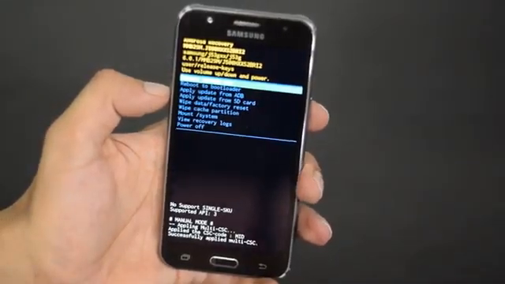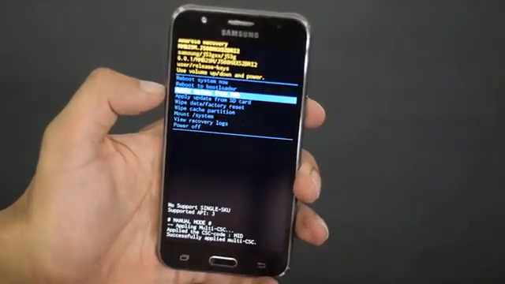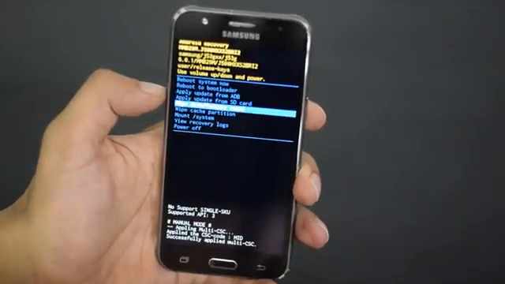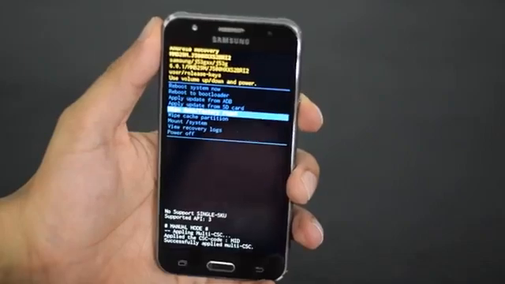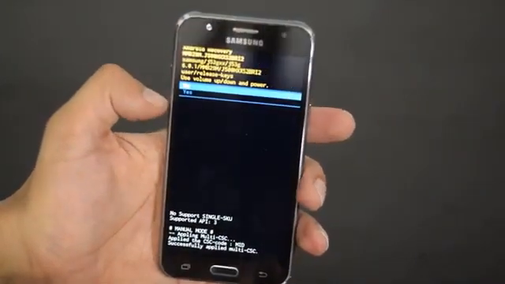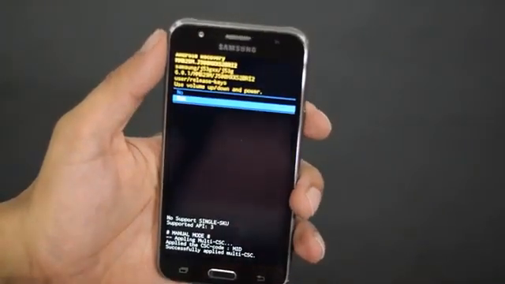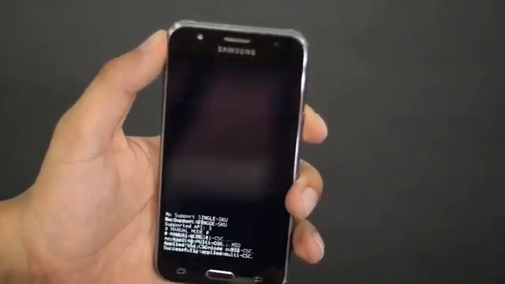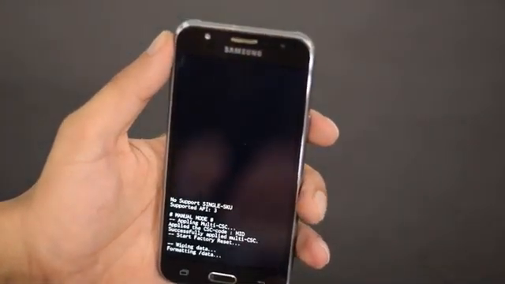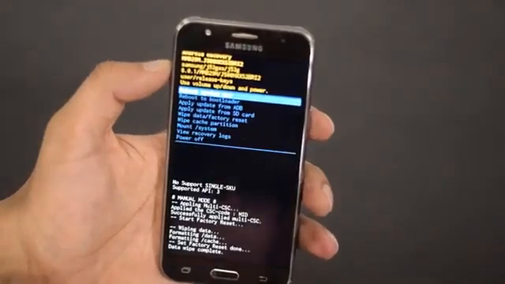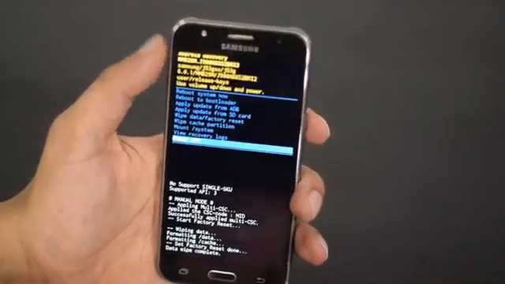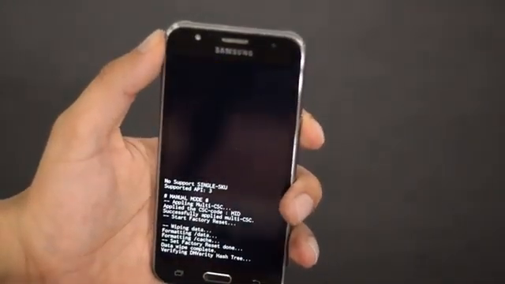Once in the stock recovery mode, use your volume keys to navigate to wipe data factory reset option and select it using your power button. Once the process is completed, reboot your phone and your device will be unlocked now.